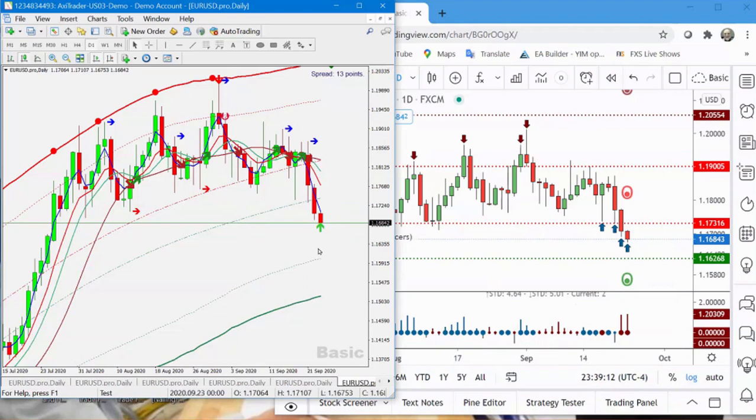Okay, so we have a potential long trade down here. Once that is indicated, there's a good chance for price to go back up, hit this zone, and come down again. So there's a trading opportunity for a longer term trade where maybe you're going to hold the position for